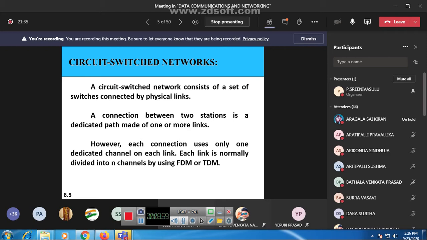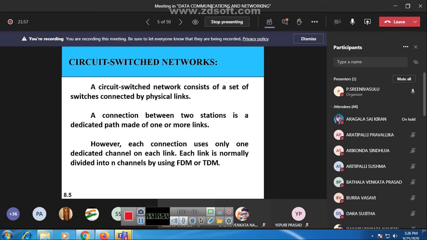Coming to time division, we allocate a particular slot or particular schedule for a particular process. That is the meaning of TDM and frequency division multiplexing. By using those techniques, we build the circuit switched network.